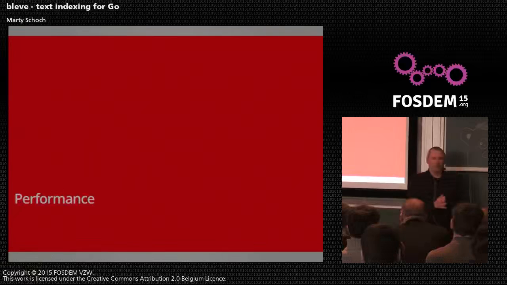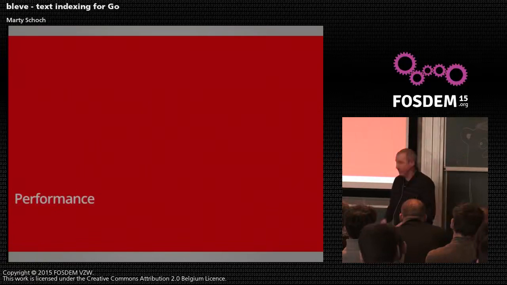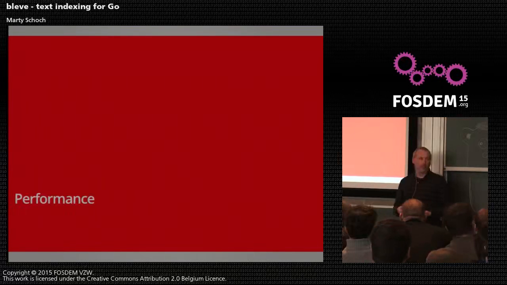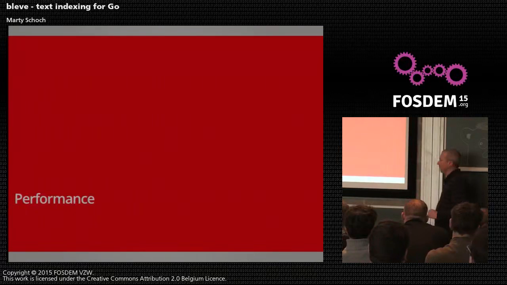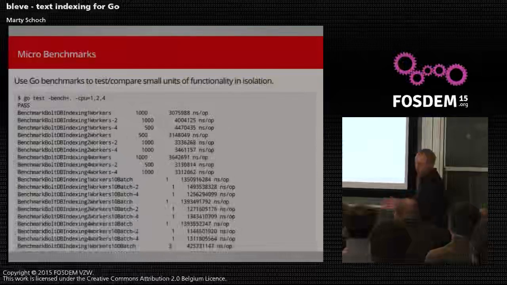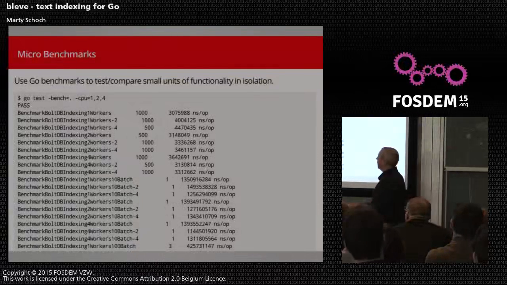So I couldn't get away without someone asking about performance. It seems to come up all the time. What I will say is we really focused on getting features right first. Then our next focus was on getting an API that we thought was the right level of granularity for people to use. But we are finally getting to the point where we're starting to look at performance a little bit. And again, I don't want you to focus on numbers. This is just something I cranked off my laptop.